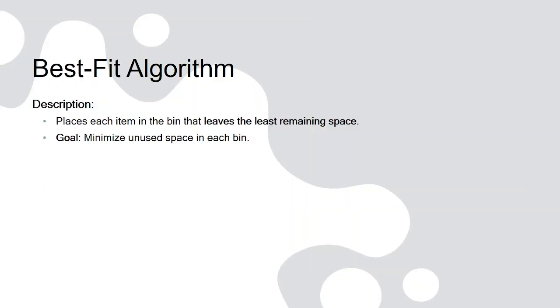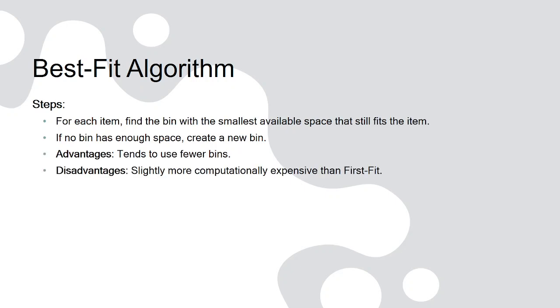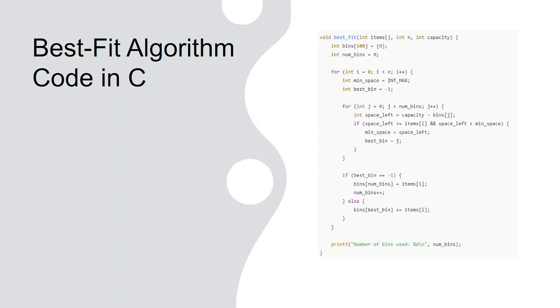And here we consider the best fit algorithm, and here we place each item in the bin with the least leftover space. And coming to the algorithm, this approach minimizes wasted space but takes more time, as it involves searching for the best bin for each item. The code is similar to the first fit algorithm, but requires tracking the bin with the smallest remaining capacity that can still hold the